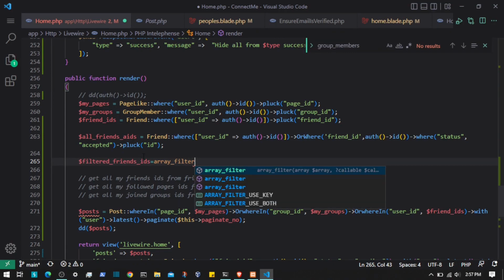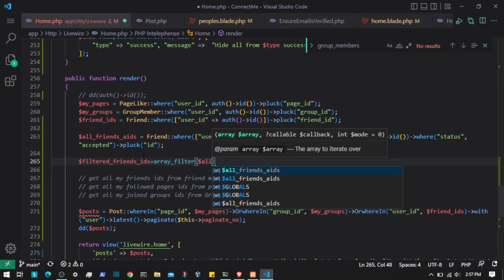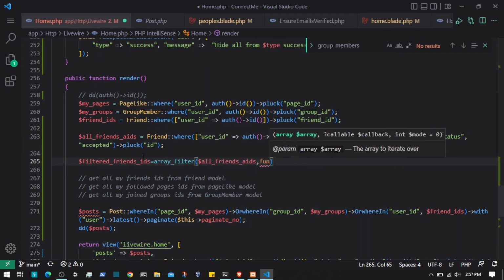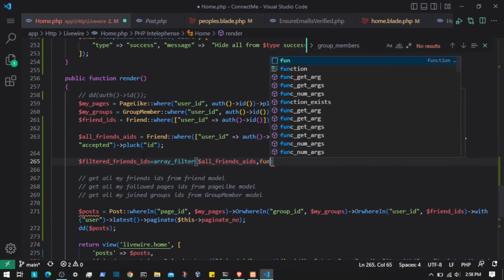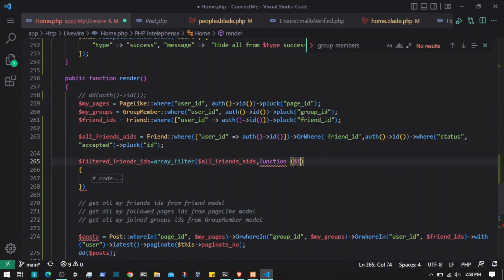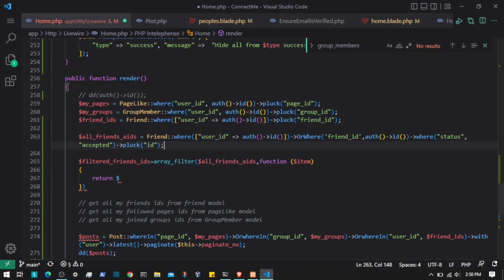This is a function, right? It accepts two parameters. The first one is all the array, so I'm going to pass this, and the second one is a function, so I'm going to specify the function. Let's autocomplete that. This accepts an item, let's say a variable, and returns the item. In this case the item is the ID, right? The ID of the friend. So in order to return the ones that are not my ID, it's going to be like